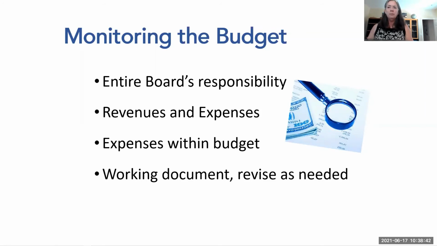Unbudgeted expenditures approved by the executive board that are within the limits set in your bylaws must be ratified at an association meeting and recorded in the minutes. But be careful, if the board approves an unbudgeted expense and the association does not approve it, ratify it, the board gets to make the personal donation to cover the unbudgeted expenditure. So if you're deciding as a board to do something that you haven't already run by your association, be very certain that it's not going to be objected to, because yes, you would be personally liable for that amount.